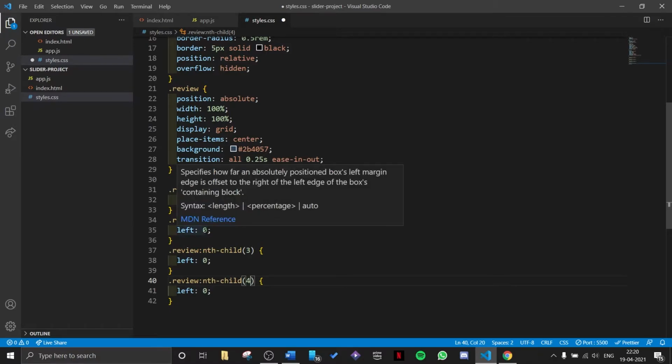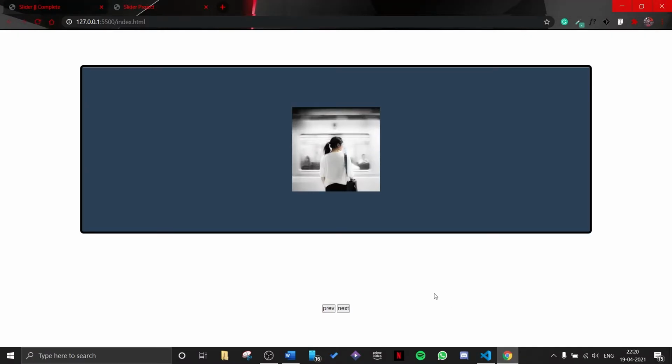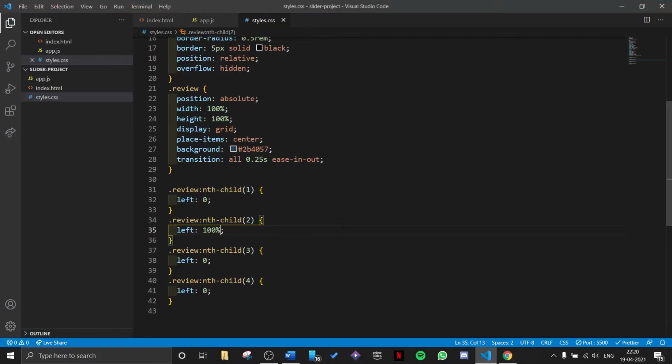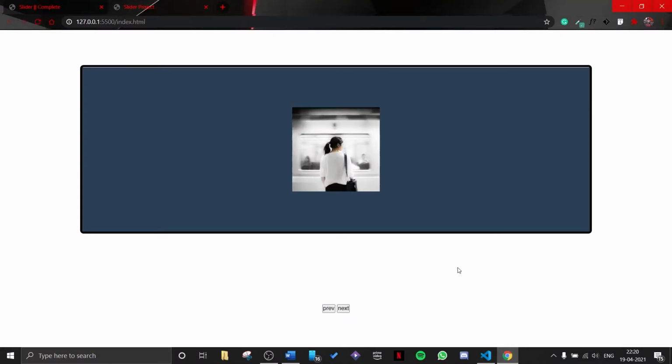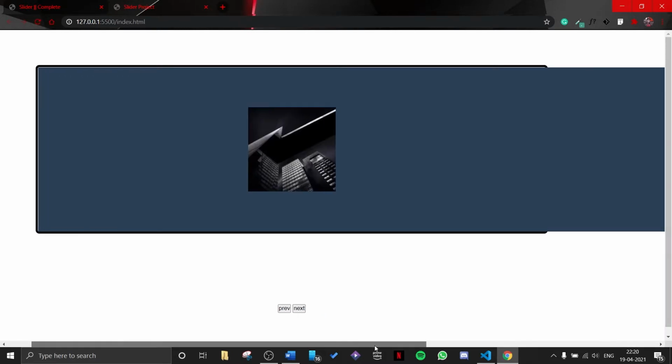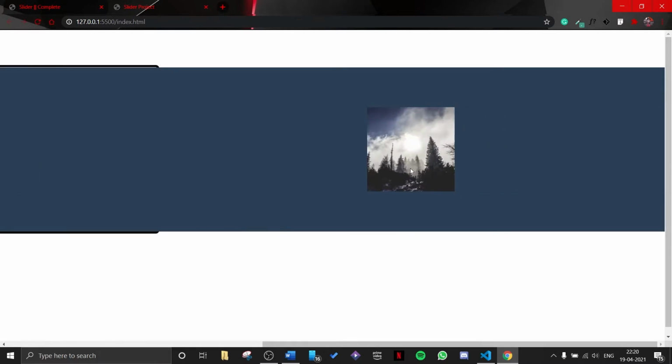So let's first do it for number 2, and what I want to do is move it 100% from the left. So right now you cannot see it, but wait, let me just uncomment overflow hidden, and if I refresh, okay, now you can see that the second image has moved 100% from the left,